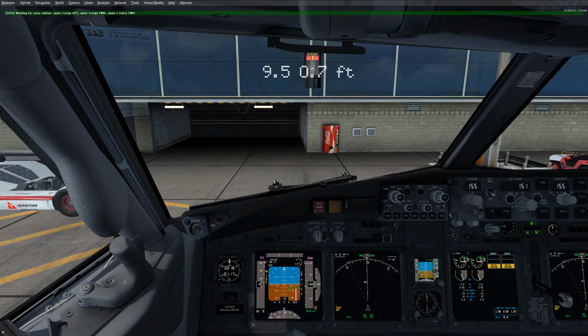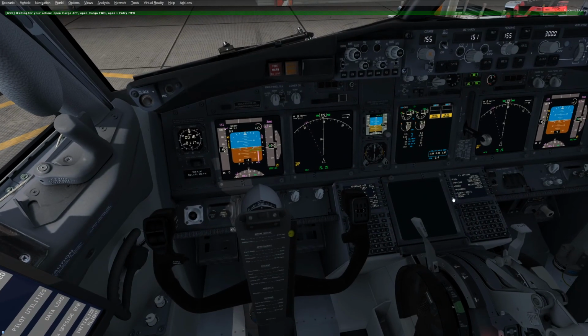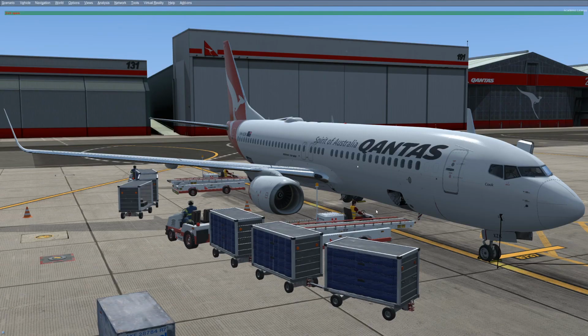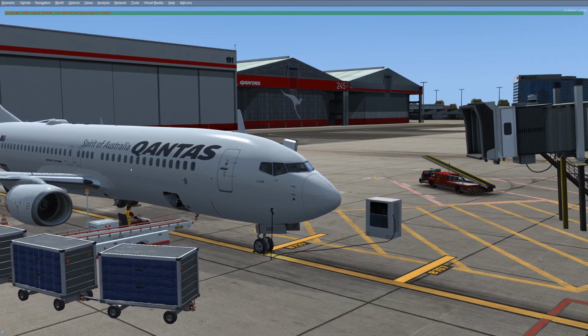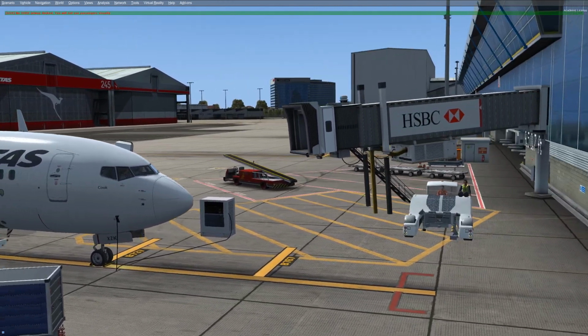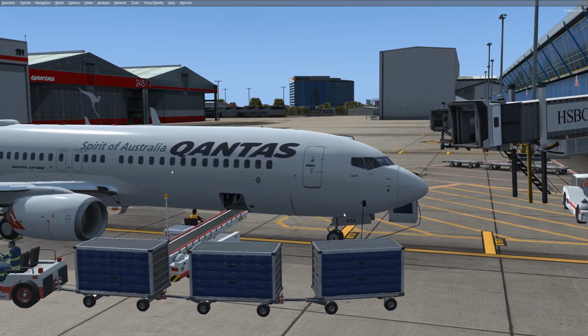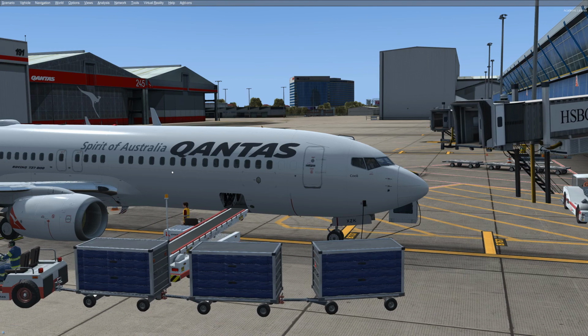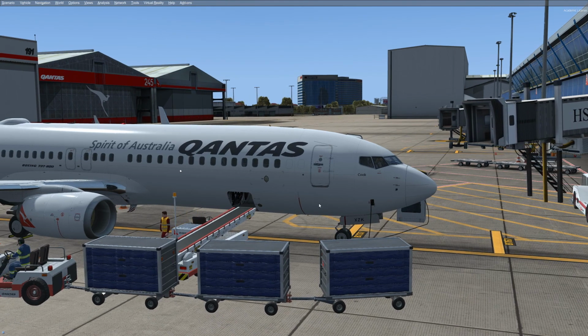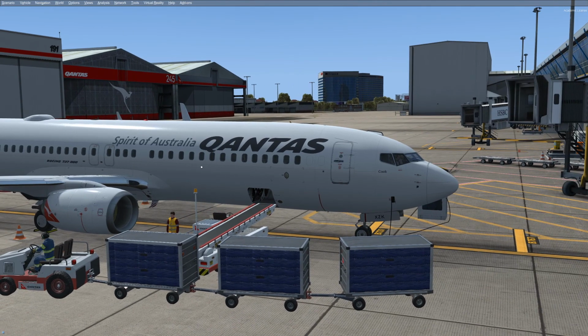Now everyone's ready to get offloaded. They're waiting for the doors, so I can now open the doors. And there they go, they can unload the aircraft. The jet bridge still has not actually docked yet, because the jet bridge is being weird. It is a little bit of a weird scenery. But that's it. That is how you